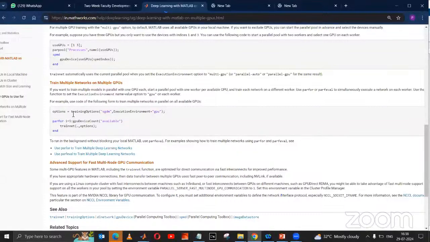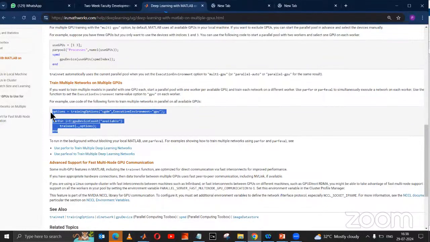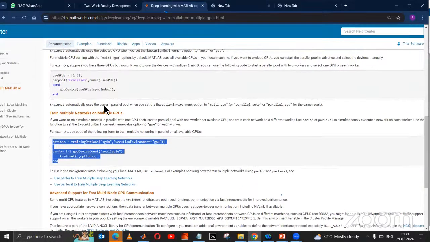Yes, here you can see, sir. You can first create that, train multiple networks on multiple GPUs. That way, you can create that environment, and after that you can perform on it. Basically, from that app you can create your own model. You can customize your